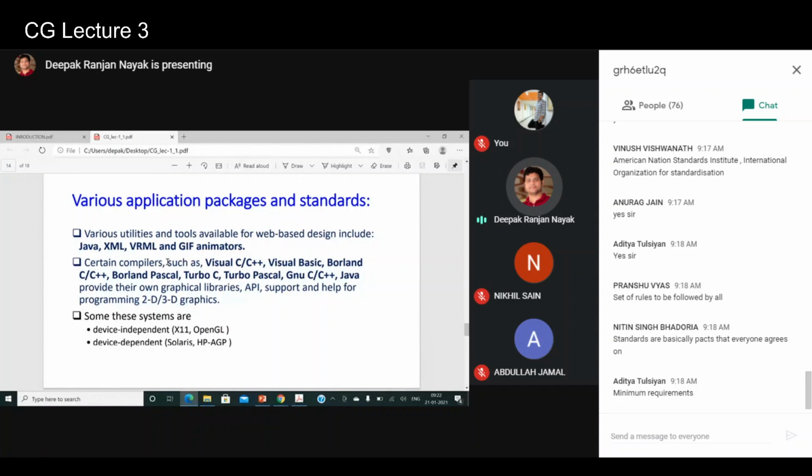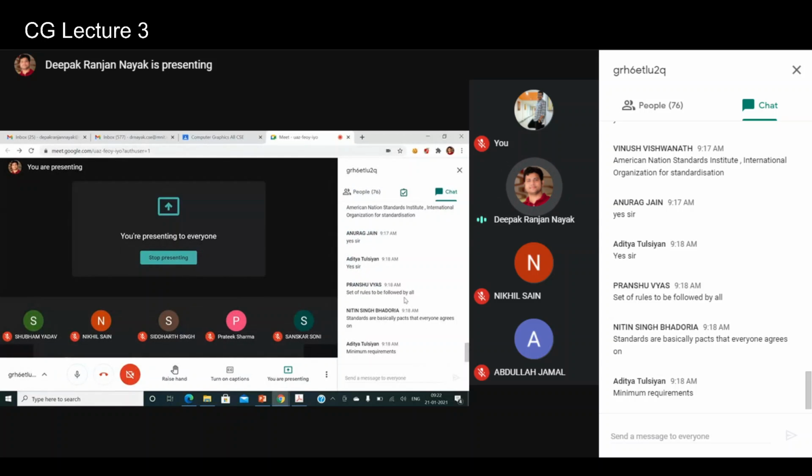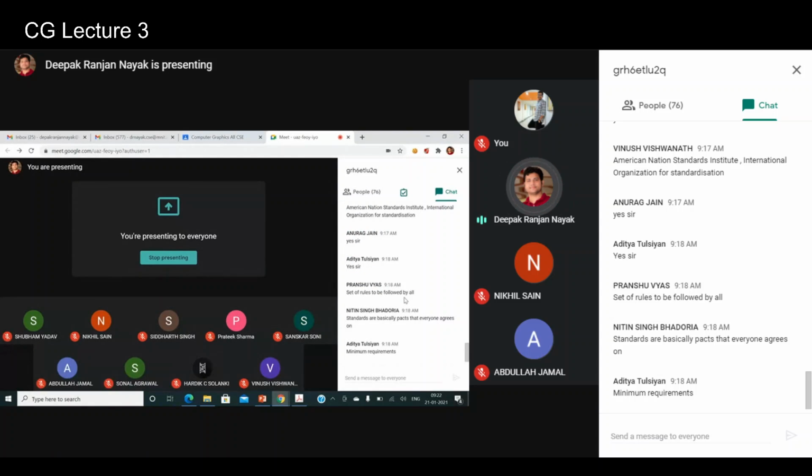You better know, right, that Java has something which is basically used for web-based design. So how many of you have a little bit of idea about Java? I hope you all know Python as well, but how many of you have studied Java? And if you have studied Java, have you ever written a program which is basically used to create a web page?